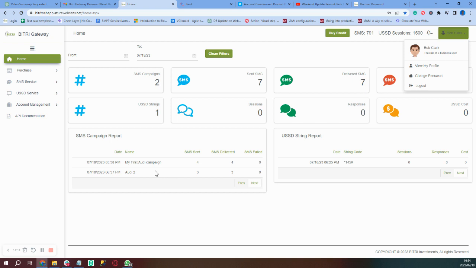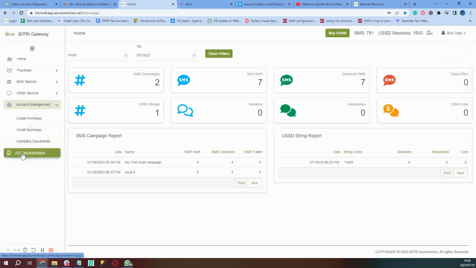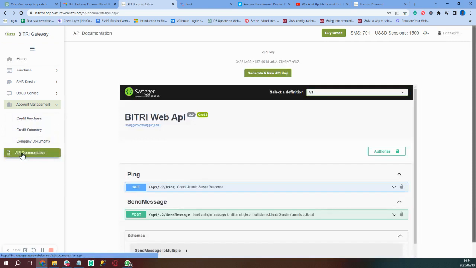And you are also able to do a little bit of account management, meaning that you're able to view the credit that you've purchased before. You're able to view the credit summary. You're able to manage your company documents, and you're able to access and test the API endpoint on the platform, and it's very easy. So with this video, we have concluded